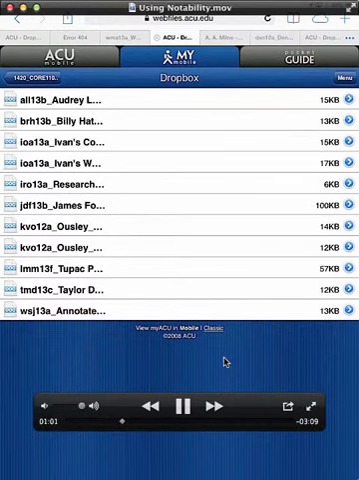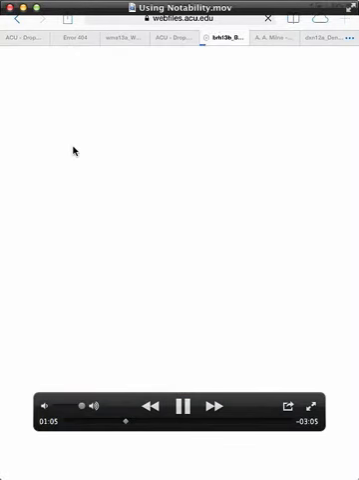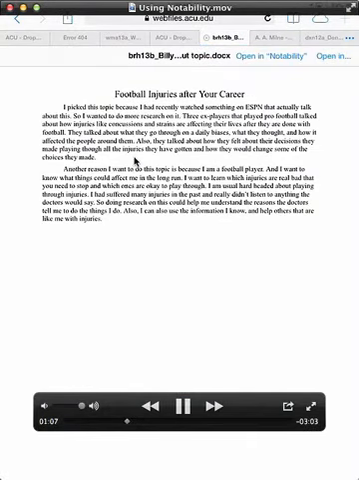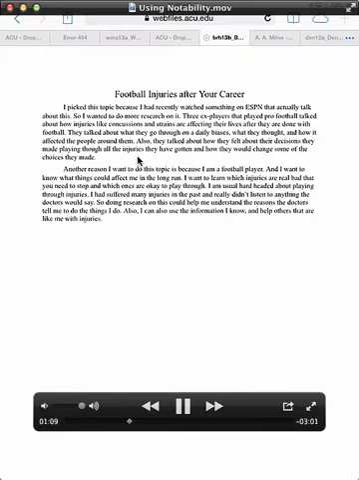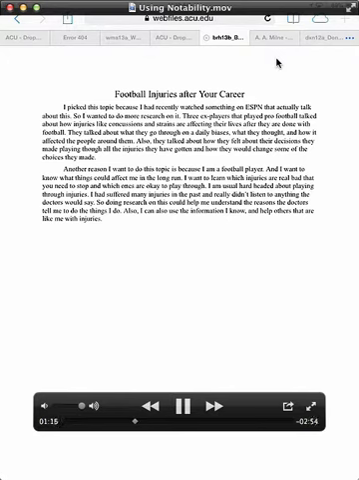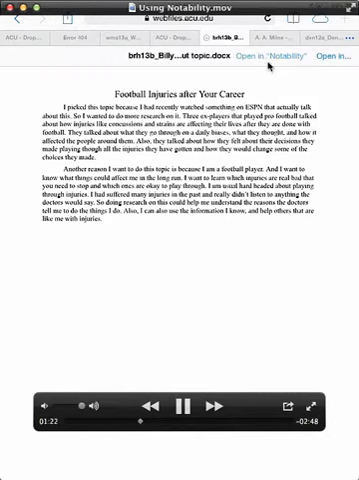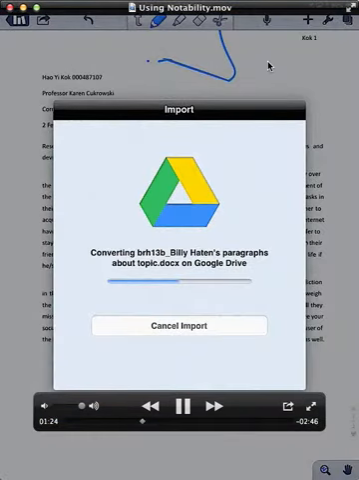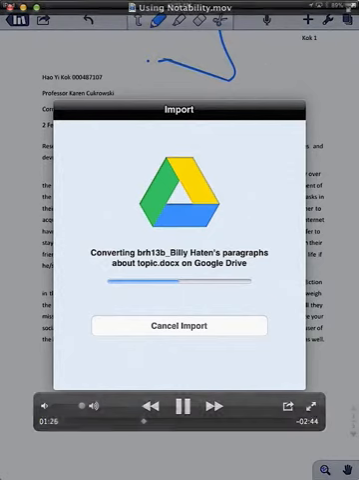She tapped on Dropbox for her class, and these papers are shown. Taps on one of the papers, and the paper will be shown here. Then she taps anywhere on the screen, and this will show up, open in Notability. So let's see how she does that again. Taps anywhere on the screen, and that showed, and then taps on open in Notability, and that will take